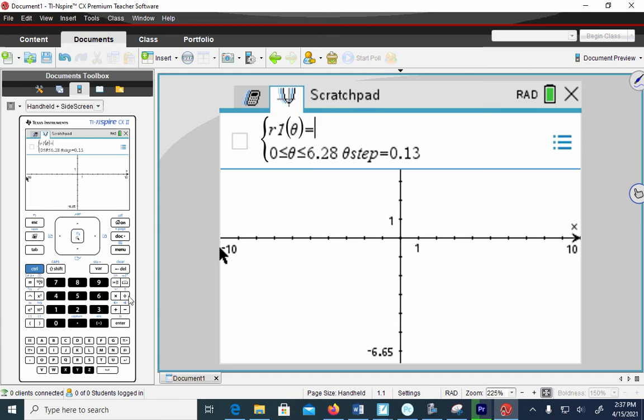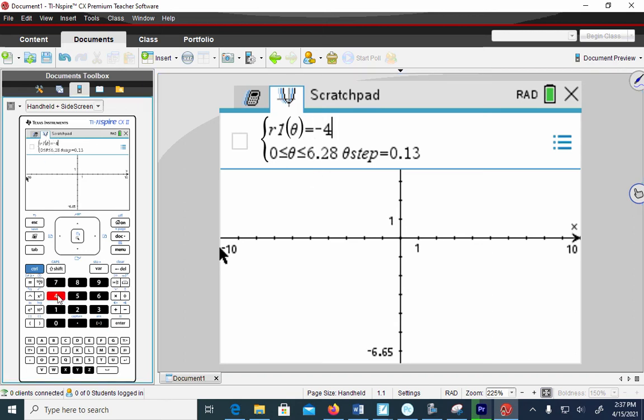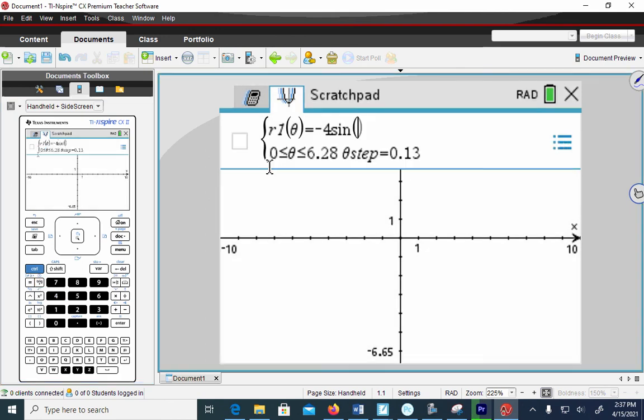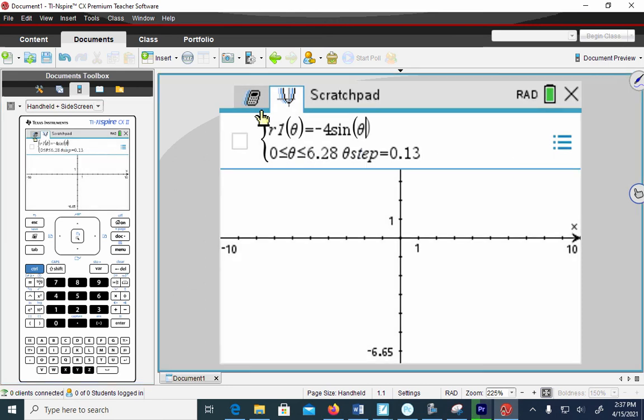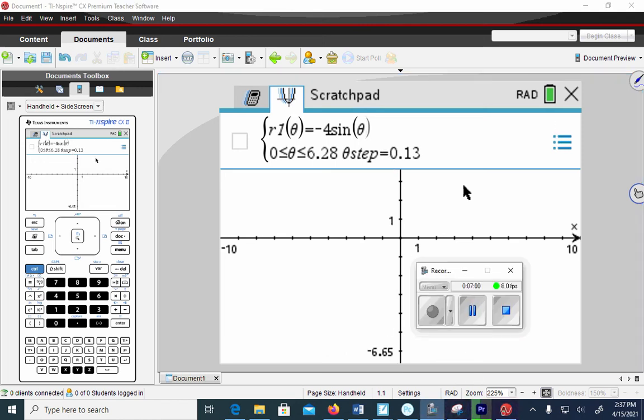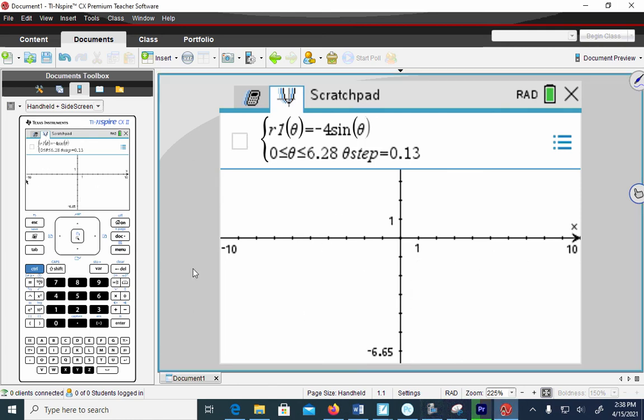I'm going to type in the polar equation I have, which is -4 and then sine. And then notice how this is theta. Since this is theta, I'm going to go down here to where the pi button is, and I'm going to get theta, because these two variables have to match. You might be tempted to change it to an x, but then you'd have to change this one too. And this one says that I have a step. So what it's doing is it's picking values every 0.13 radians, because I'm in radians. I'll show you the different things in a second. But when I hit enter,